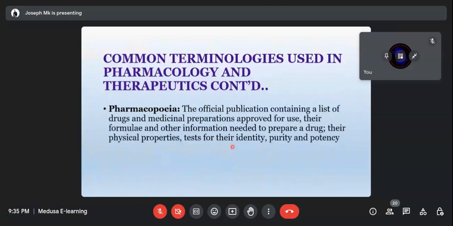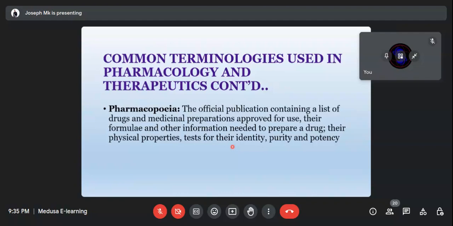Then we move to pharmacopoeia. Remember I told you that once you buy drugs, it is very important and advisable to keep the manual. Don't throw it, guys. It's important. Read through it. Know the chemicals that were used for that drug. I know we are not so much into reading those things, it's our culture. We usually throw them away.